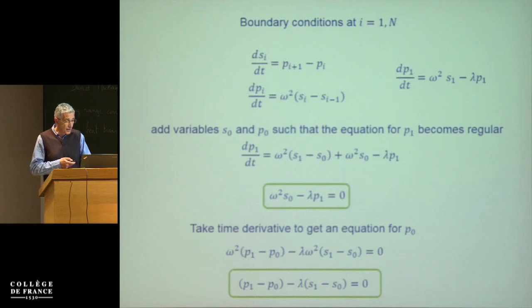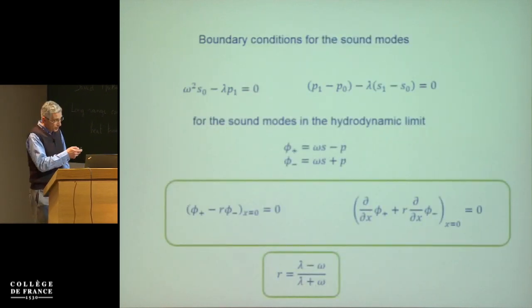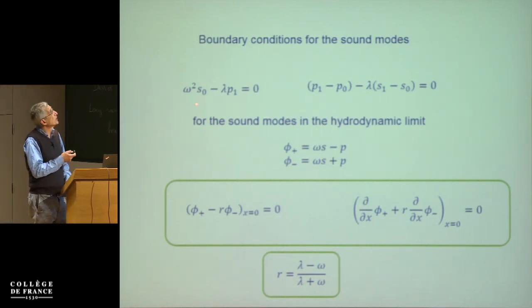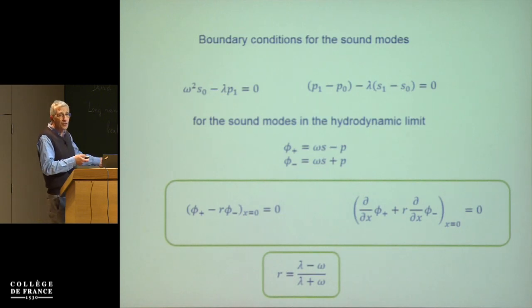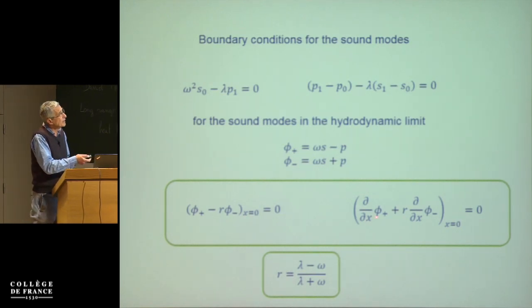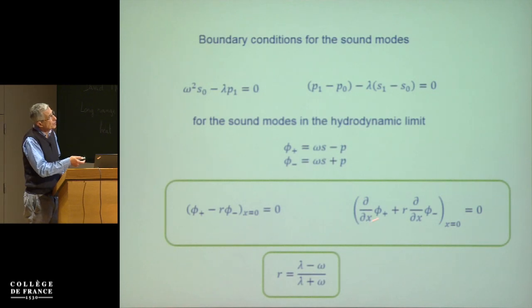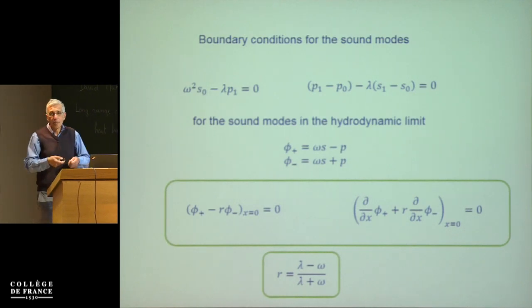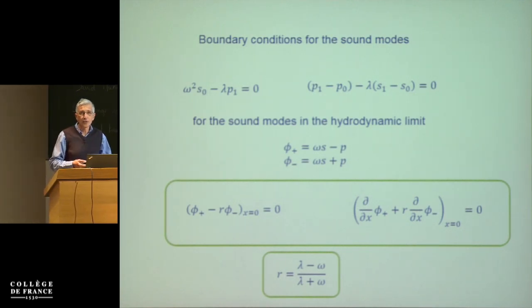And then you take these two equations, and you write them in terms of the normal modes. So these are the two equations that we had before. Express S and P in terms of phi plus and phi minus. And when you do that, you see that these two equations are written that phi plus minus r phi minus at x equal to 0 at one end is 0, and the derivatives should also satisfy a similar equation at one end, and similarly at the other end. So these are the boundary conditions that the hydrodynamic equations should satisfy